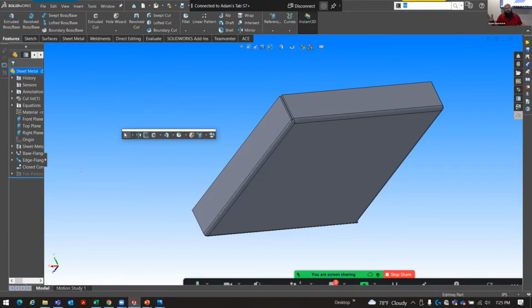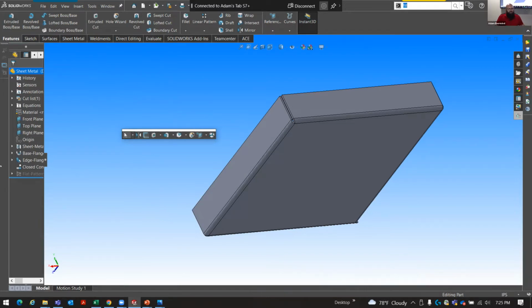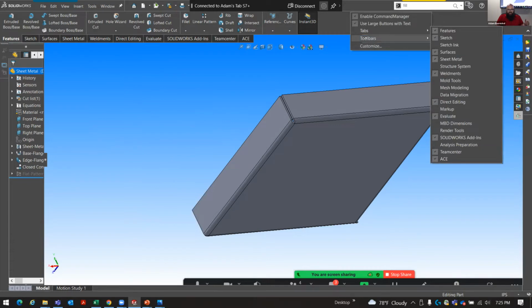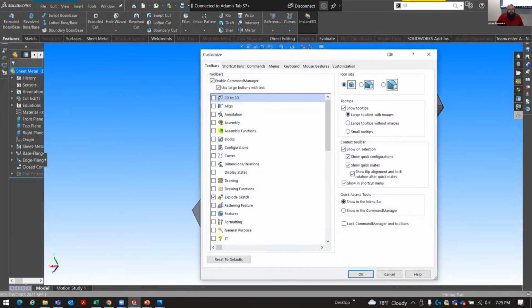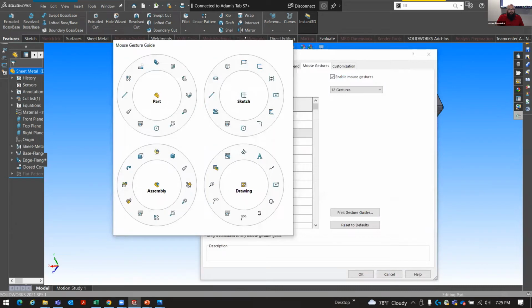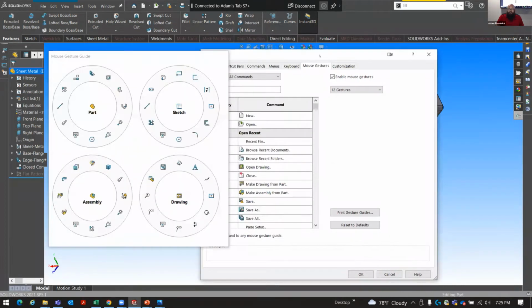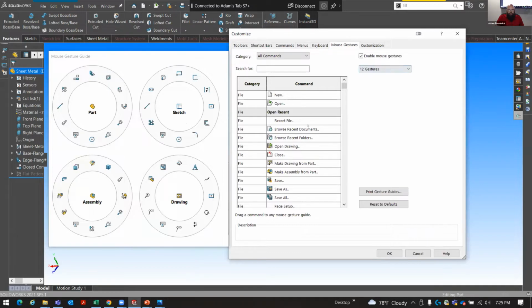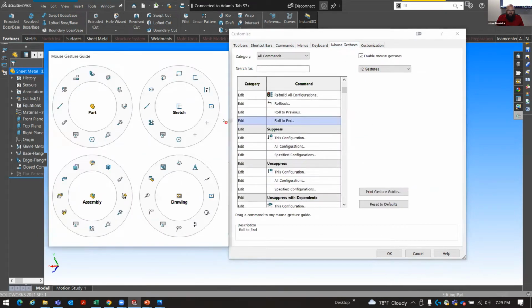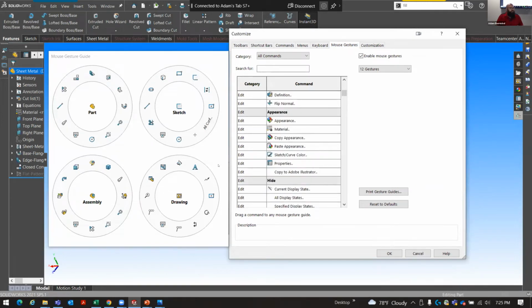So if you have a 3D mouse, or a macro pad, or a specific keyboard, you don't even have to touch it. You can just bring all your commands up. Customization is the same as all the other stuff. Go into your customize tab, click your mouse gestures. Now this is where I get to have fun and really mess with them. We can come in here and start dragging out commands, find the commands we want, and grab and drag them in. So you can select 2, 4,